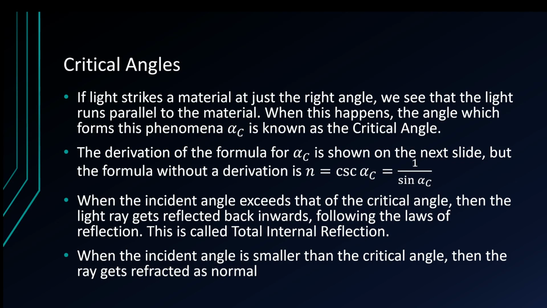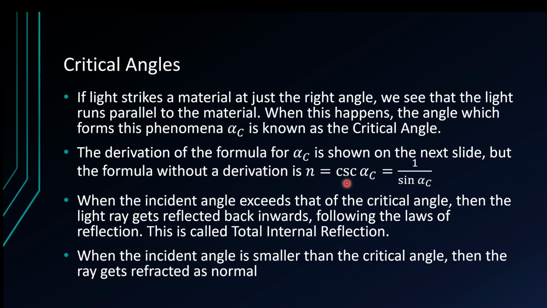One quantity I did talk about in the introduction was this thing known as a critical angle. So if light strikes a material at just the right angle, the light actually runs parallel to the material. And this occurs when the incident angle is what's known as the critical angle, which is labeled here as alpha c. So I actually have the derivation of this formula on the next slide, but the formula for it is